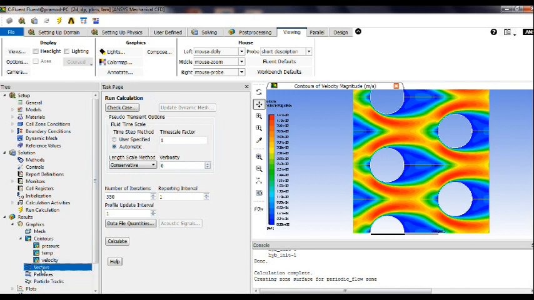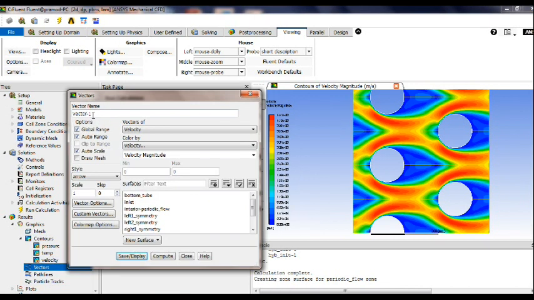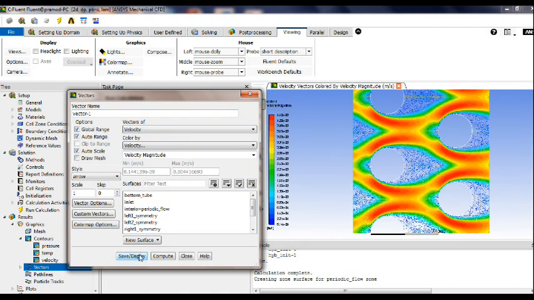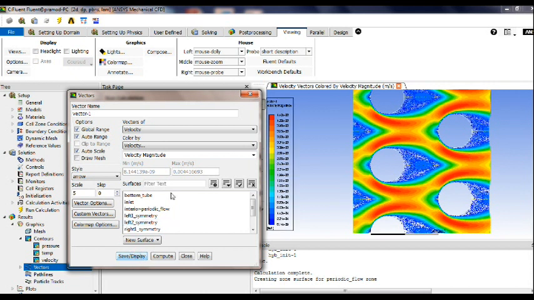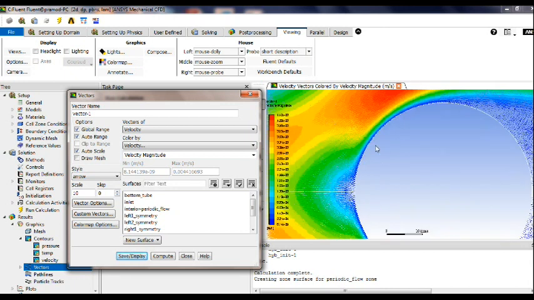Again you can also see the vectors, so we'll see the velocity vector. Just increase the scale, go with 5, 10. Now you can see